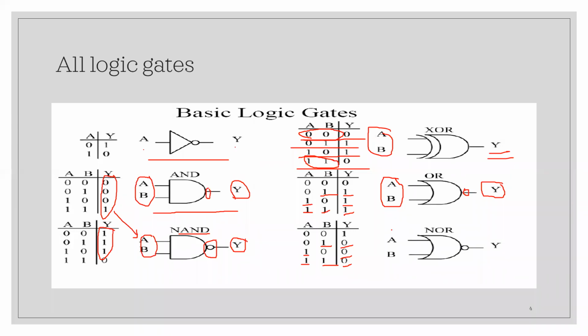Similarly for XNOR also, it gets inverted, and you put an inverter here. So when you invert, it will be changed. When both the inputs are the same, it turns out to be 1, and for the other two cases in here, it turns out to be 0. Okay. So this is XOR, XNOR, and all the basic logic gates, along with the universal gates and the other logic gates, in one slide itself.